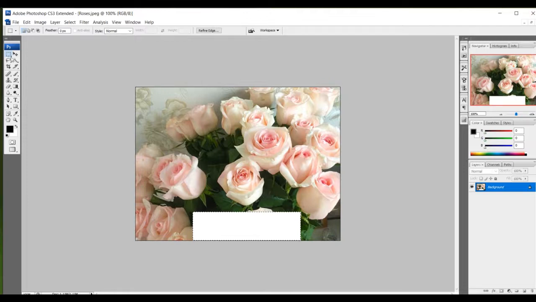Another tool, that is in the selection tool itself. So here is my selection tool. In selection tool, I am going to select with the elliptical marquee. I'll show you the elliptical marquee and I'll press delete. See here. Now let me show you another kind of a selection tool, that is single row. Single row means what? A single row will get selected.